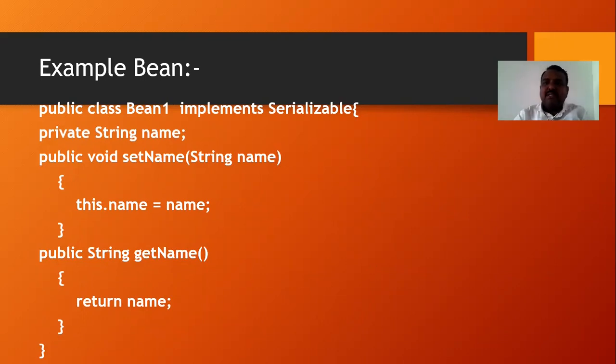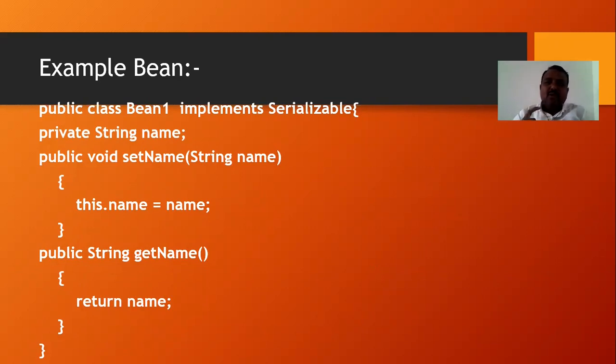And this method is going to take one argument into it. As we all know, a setter method will take some arguments. So in this example, we are taking only one argument. And then the argument which has been sent into setName is initialized to the variable of your bean class. And if you observe the second method within the class, we call that method getName, which returns a String, and that method is under the public access specifier. So this is a small example of a bean.